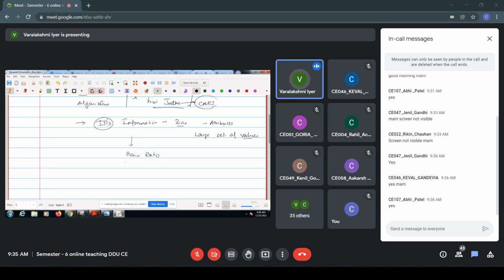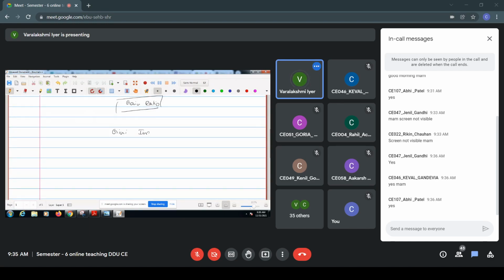Okay, to select the best attribute. Fine. Now the second one was Gini index, which is very similar to that of entropy. Only the formula in the case of Gini index is different as compared to entropy. We also observed the graph of Gini index and entropy. The maximum value that Gini index can take is 0.5, while the maximum value that entropy can take is 1.